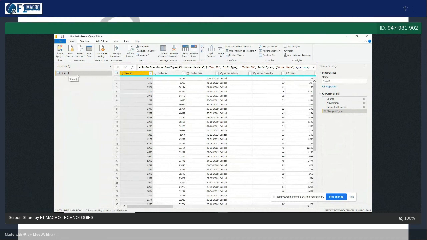So the first step can be Sheet 1. You have to rename this sheet. This is part of data transformation. It should not be Sheet 1. Nomenclature should be correct, right? So I am just renaming this to sales data. Okay, sales data. So this is sales data, guys.